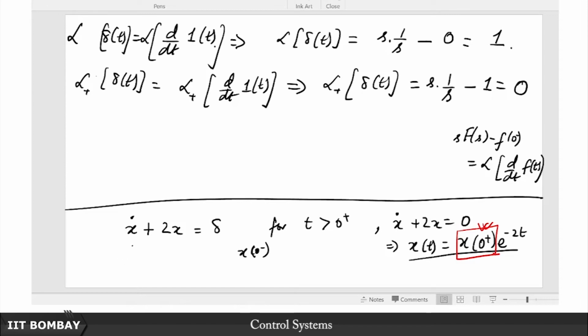Notice very carefully the argument here. We have to make this subtle argument that the highest derivative on the left hand side must equal the highest derivative of delta or delta itself. Here delta itself appears, no doublet or triplet or higher derivative of delta appears. So I equate the highest derivative of x with the highest derivative of delta. So here in this case, I will just say x of 0 plus minus x of 0 minus, sorry, 0 minus, that is,